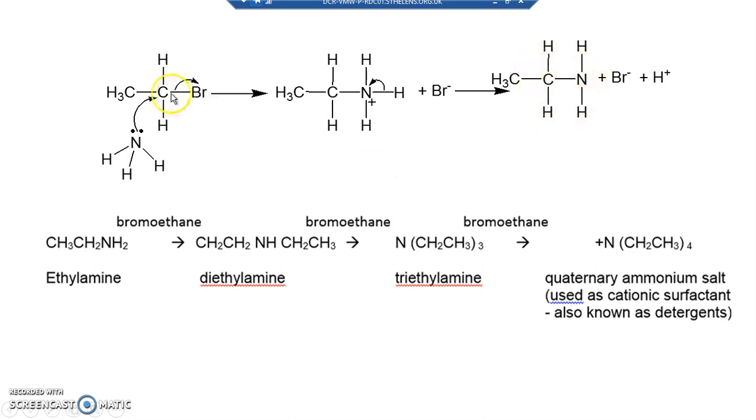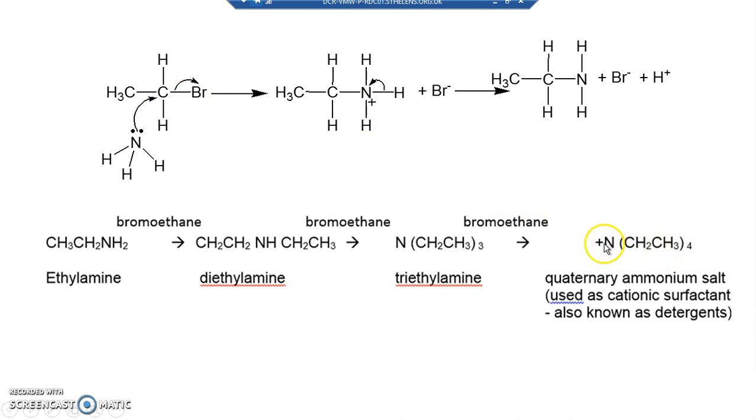However, what you've made, ethylamine, has also got a lone pair here on the N, so this ethylamine can react with the bromoethane again, and therefore that N can lose another H and get another ethyl group, and then it can react again and lose another H and get another ethyl group. In other words, ethylamine can turn into diethylamine into triethylamine, so convert from a primary amine into a secondary amine into a tertiary amine, and this triethylamine with a lone pair can attack that C again and actually get 4